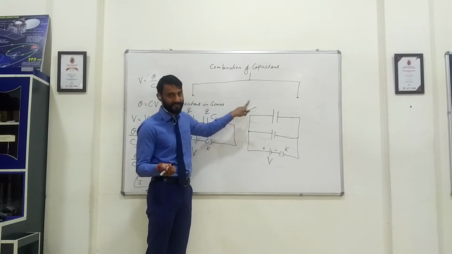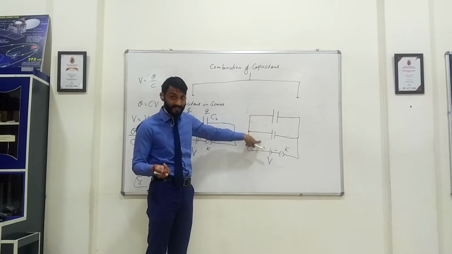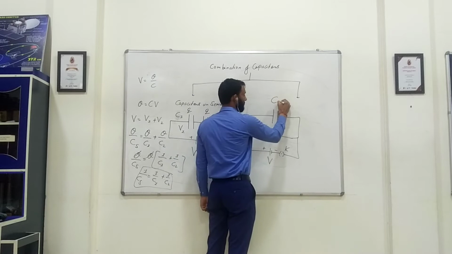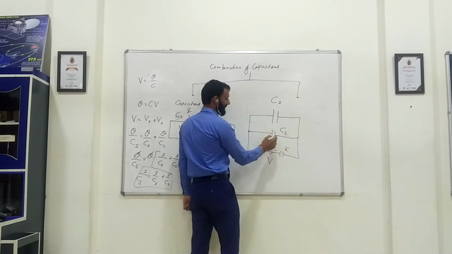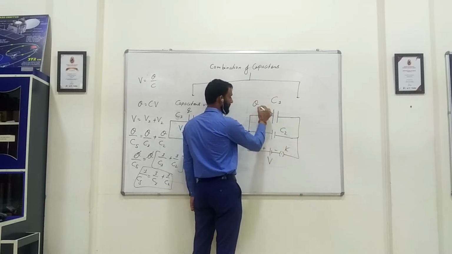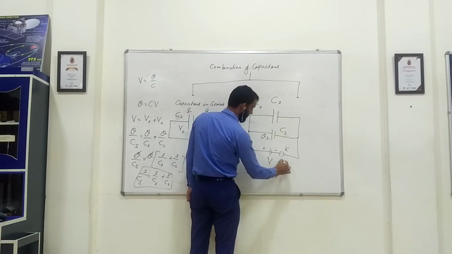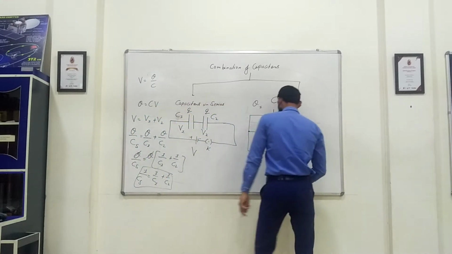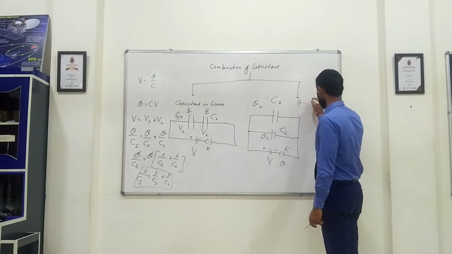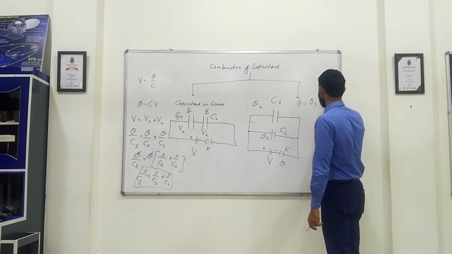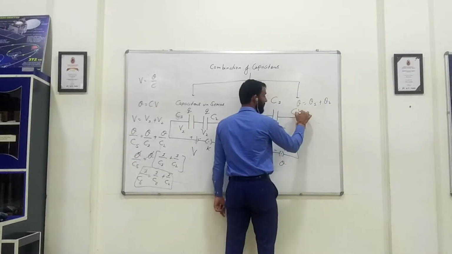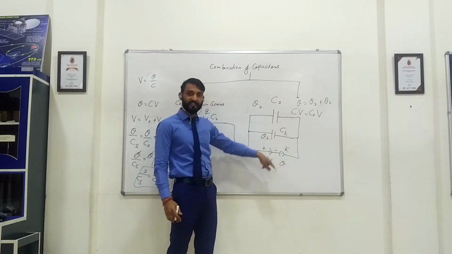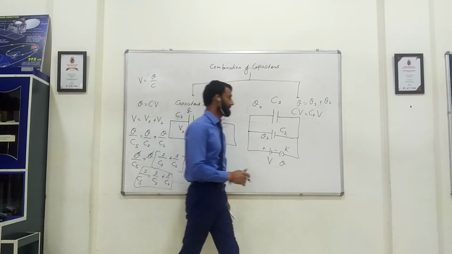So obviously the charge will get divided. Whenever the charge gets divided, the capacitors are connected in parallel. So this is C1, this is C2. The charge passing through this one, let me take as Q1, this as Q2, and the total charge will be Q. Again, if you want to derive the formula, Q is equal to Q1 plus Q2. This Q will be equal to CpV is equal to C1V plus C2V. Why V there? Because in parallel the potential remains the same.